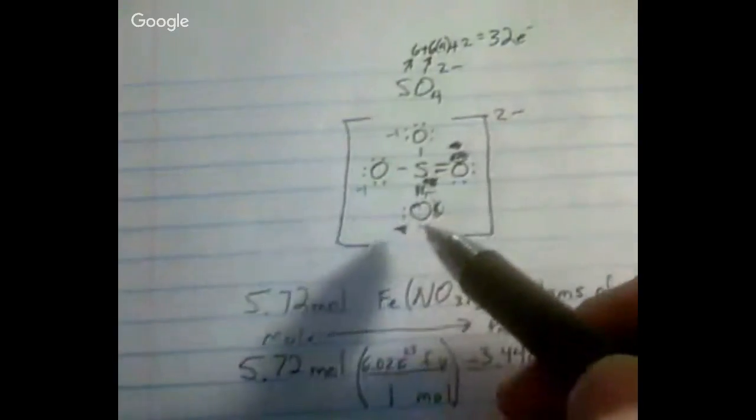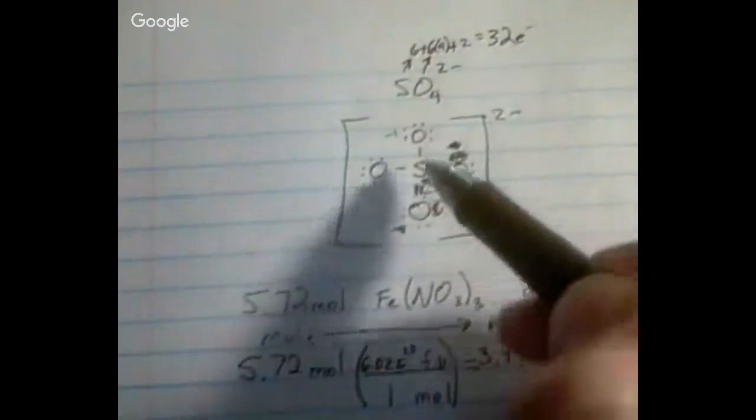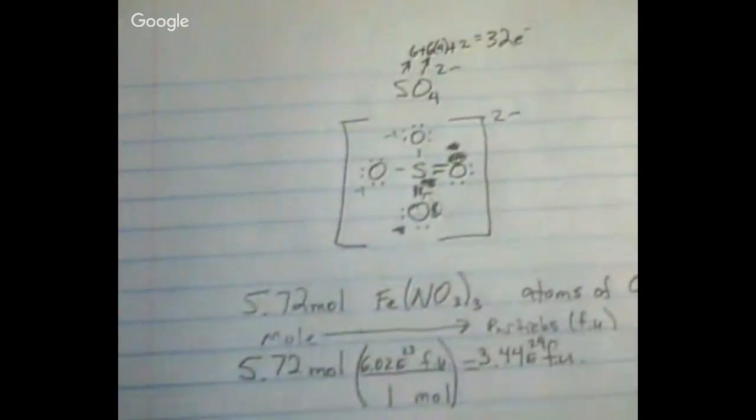But we have 2 double bonds and 2 single bonds. We could have the doubles there. We could have them there. We could have 1 on top, 1 on bottom, 1 on left, 1 on right, 2 of them there, 2 of them there. So you could essentially have 6